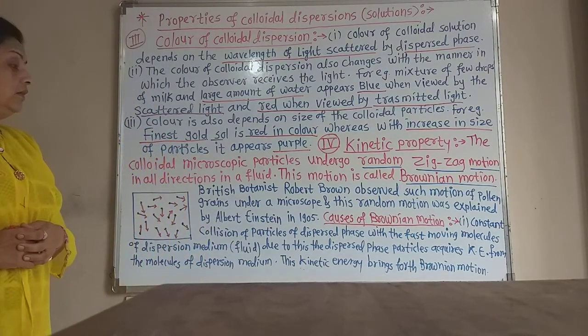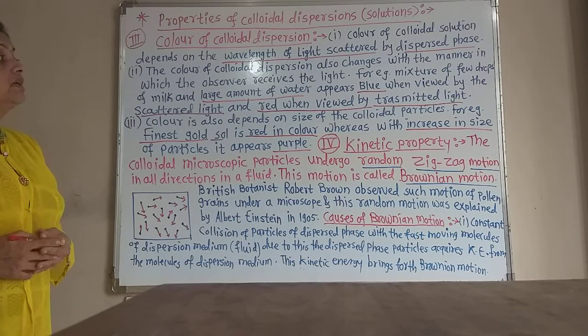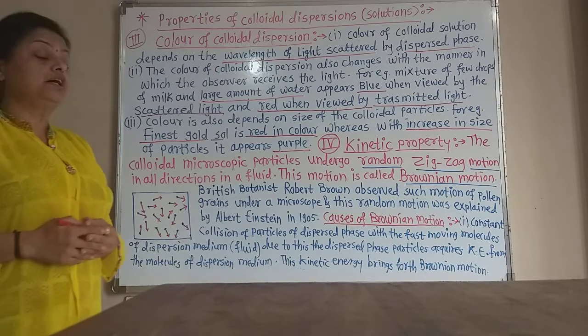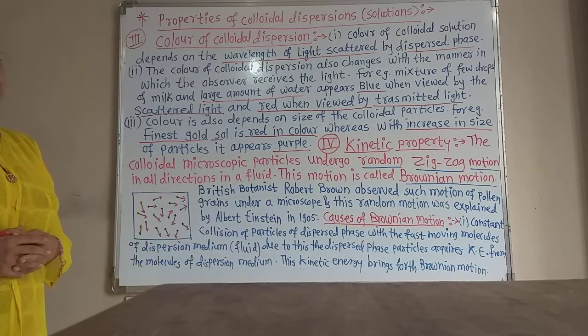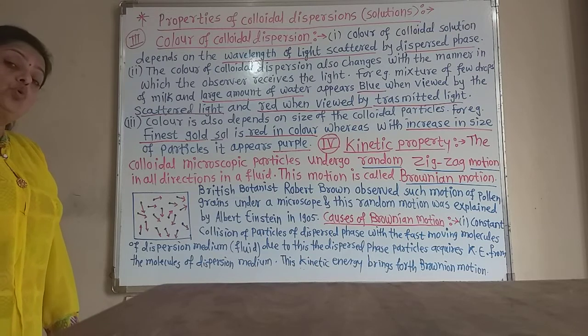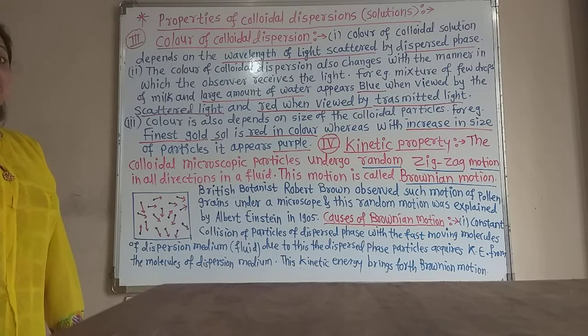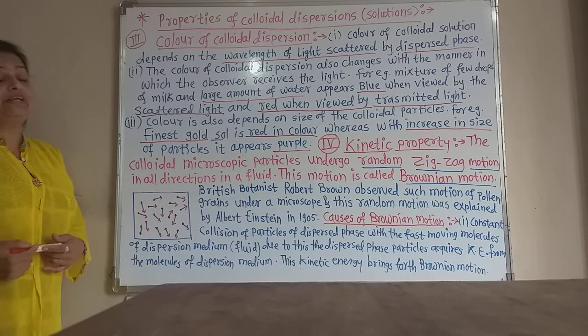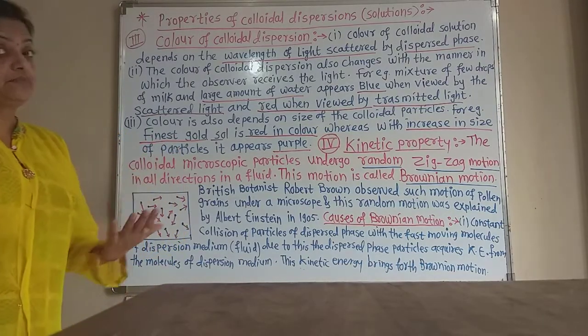Again, the color also depends on the size of the colloidal particles. Now, this is also very important about the color. The size of the colloidal particles determines the color of the colloidal dispersion. So, the color also depends on the size of the colloidal particles, that is, of the dispersed phase